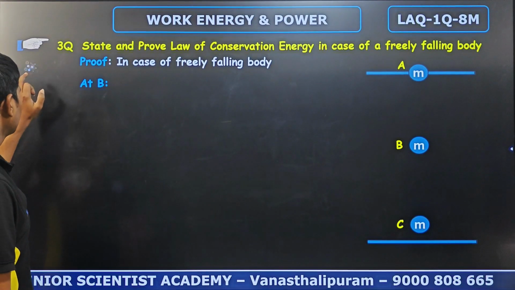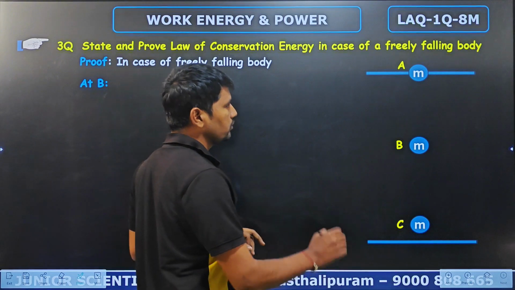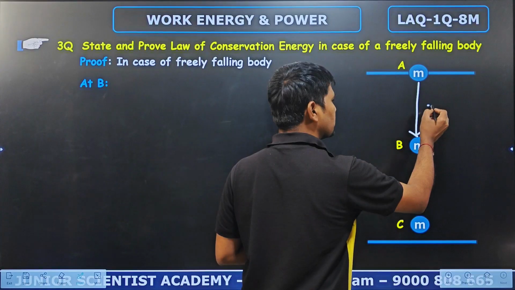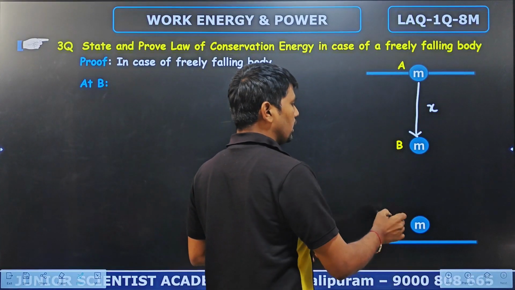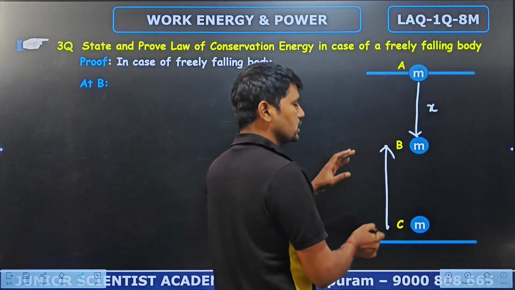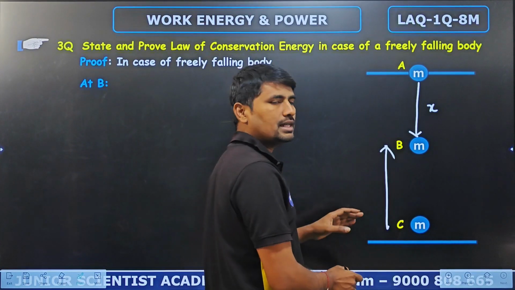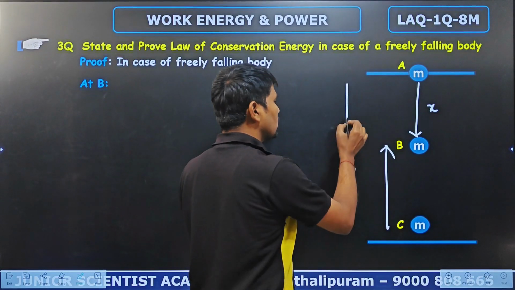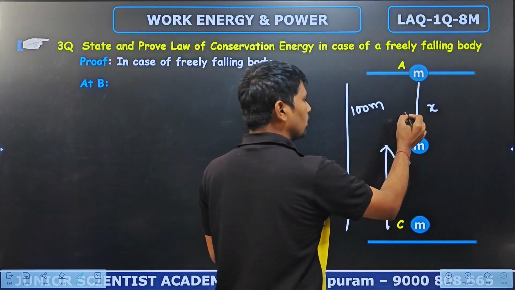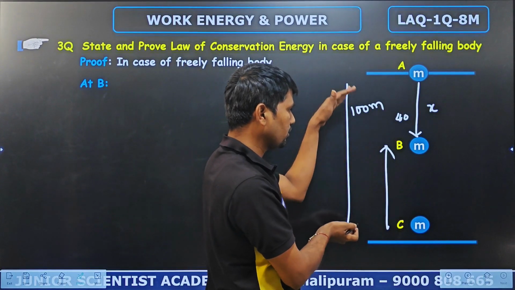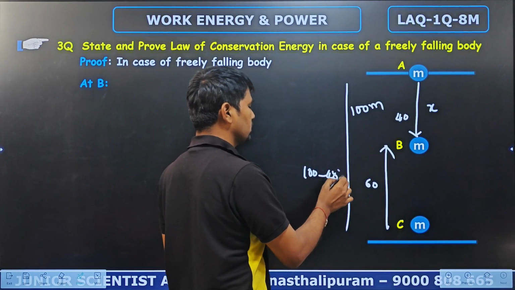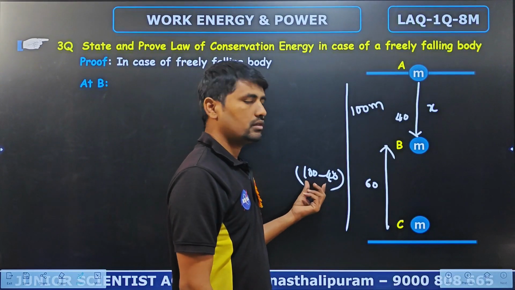Next, at point b, the object has traveled a certain distance. Let the distance be x, and then how much is the remaining height? The total height is h, and out of h we need the remaining height. For example, for understanding purposes, the total height is 100 meters and it has traveled 40 meters. Then how much is the remaining height? Out of 100, minus 40, the remaining height is 60. How did we get it? 100 minus 40, so we subtract 40 from the total height.